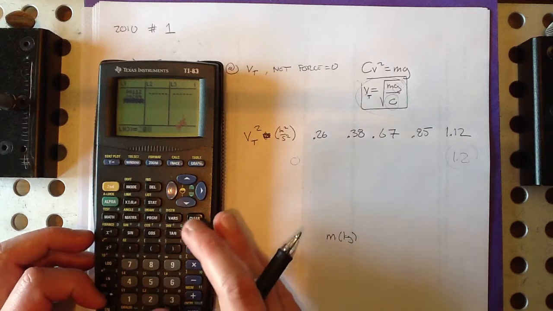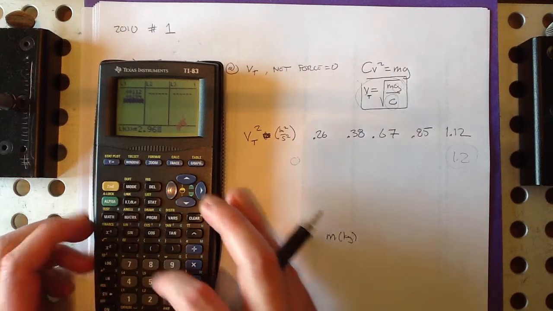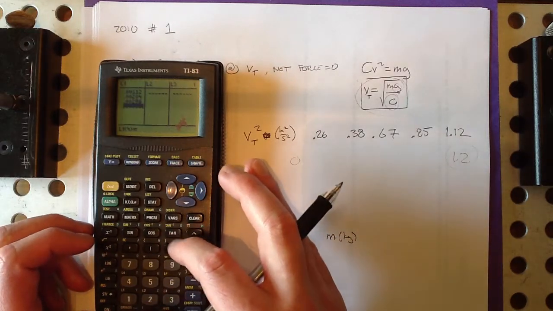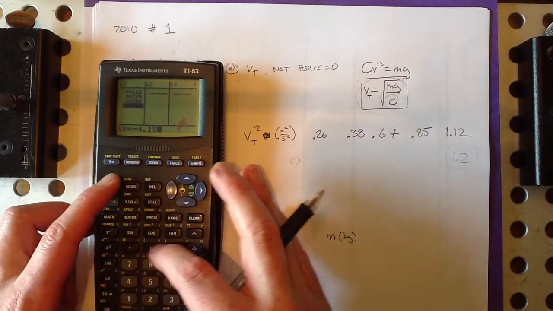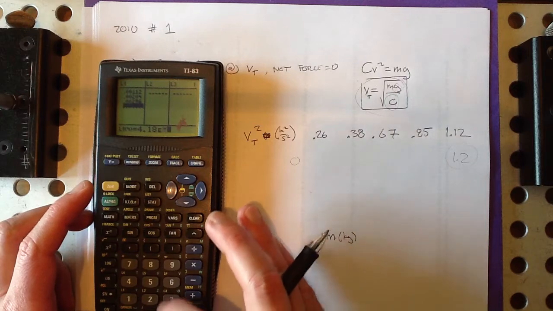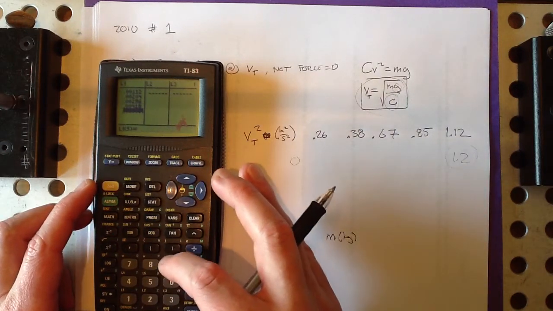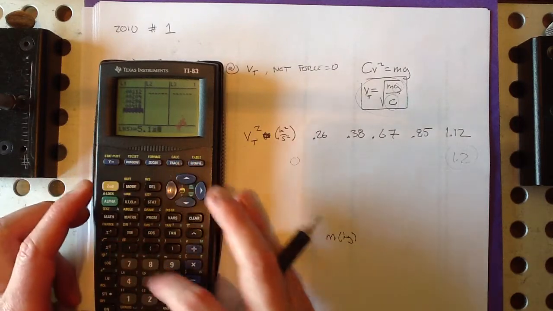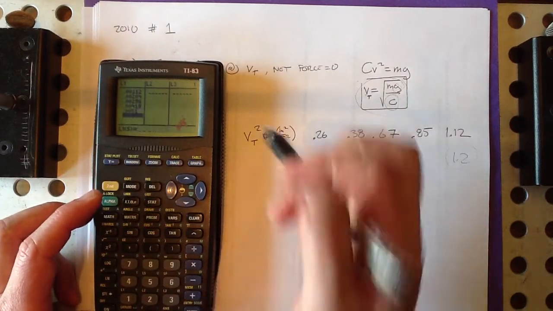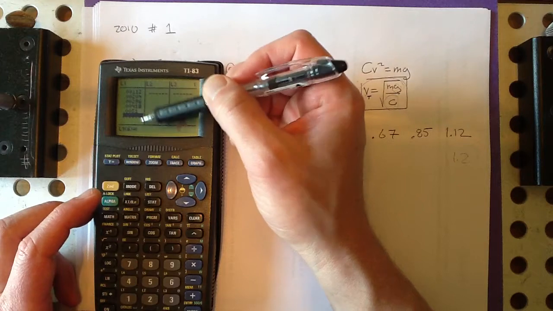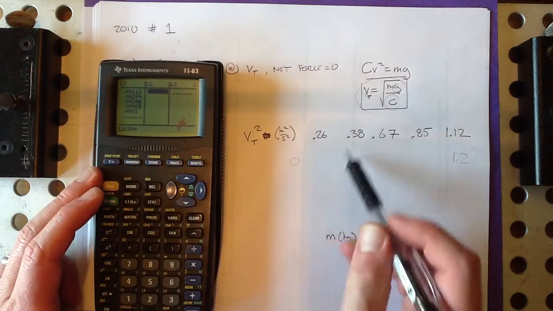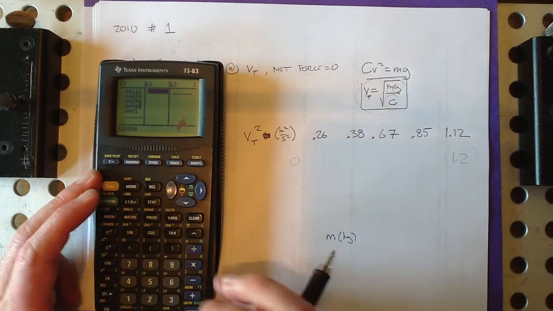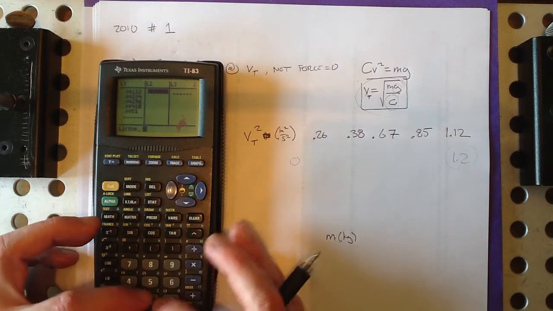And 2.96 times 10 to the negative 3. And 4.18 times 10 to the negative 3. And 5.1 times 10 to the negative 3. And just check, make sure those look good. Looks like I entered them all correctly. And then here we have our terminal velocity squared, right? And that's what we want on the y-axis. So 0.26,